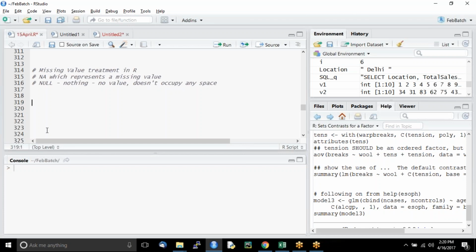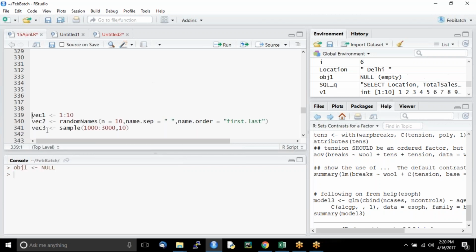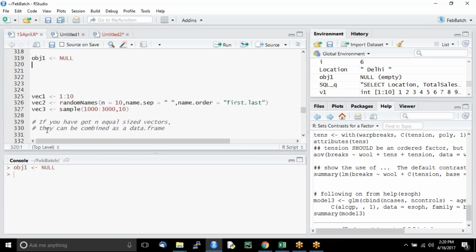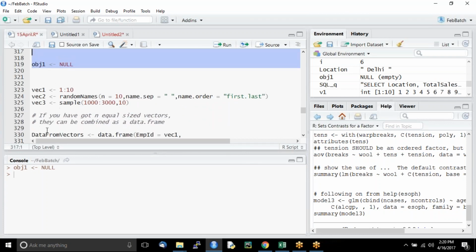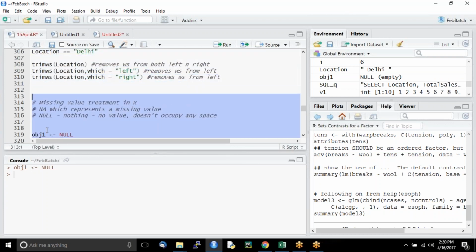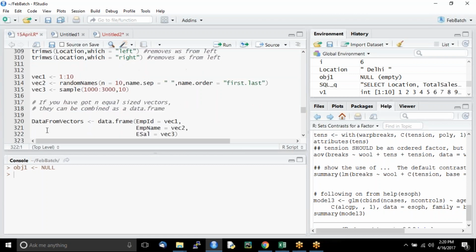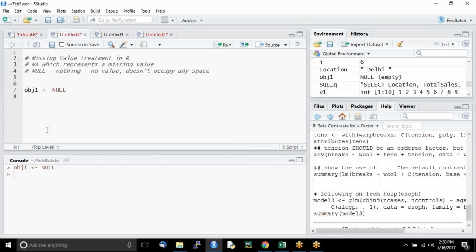So if I say some object obj1 is equal to NULL, one second, just hold on please. I'm in the wrong place, so I'll just use a new file. Okay, so if I say obj1 is equal to NULL,